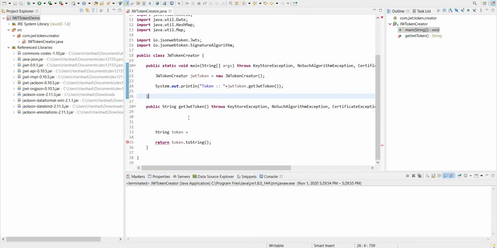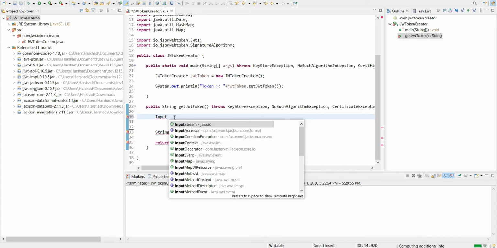In my previous video I have already demonstrated how we can create a self-signed certificate, and to wrap up things quickly and not waste much time on the setup of Eclipse, I've already created a Java class named JWT token creator, and I've already imported all the libraries which will be required as part of this particular demo. Now let us proceed. First of all, I will be creating an input stream